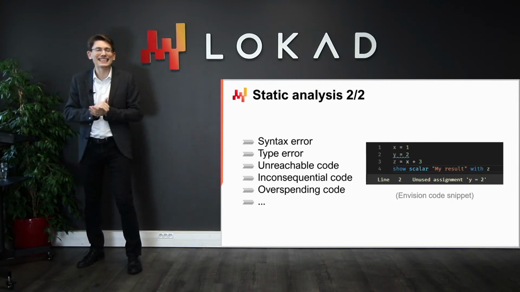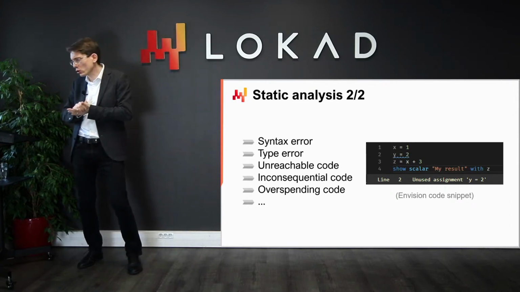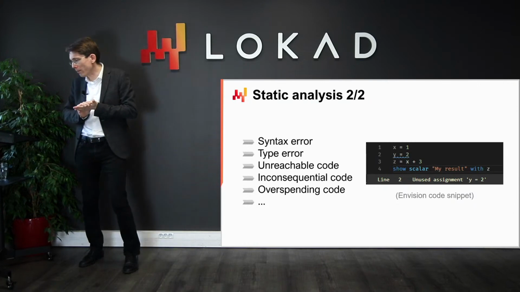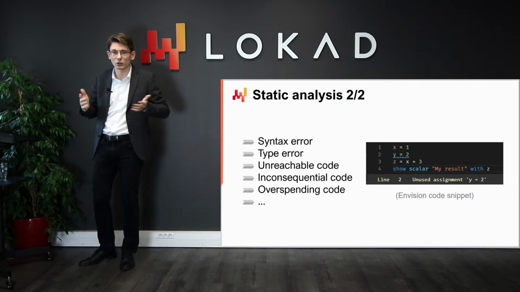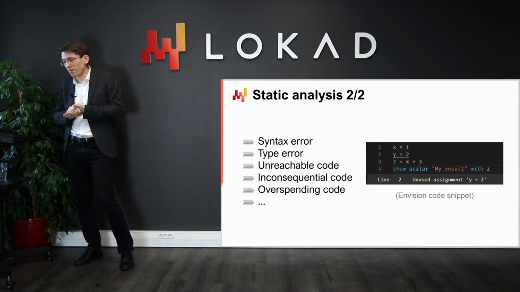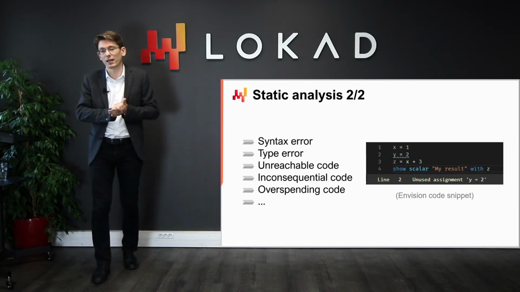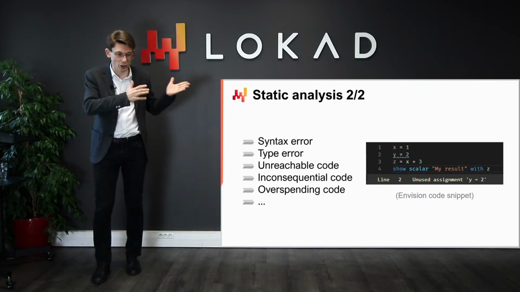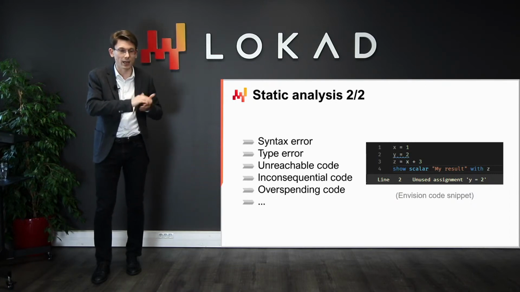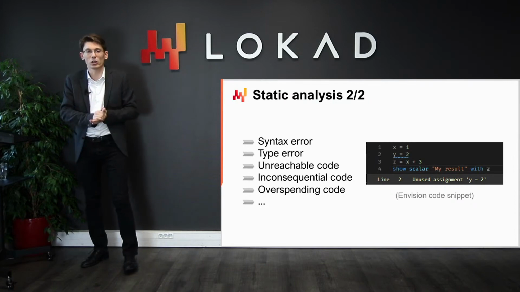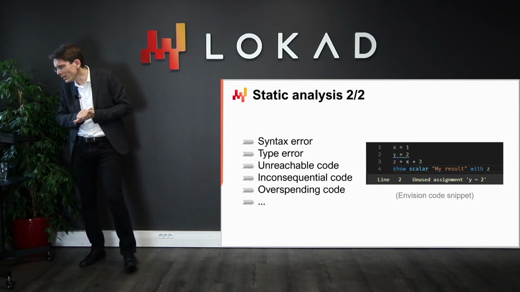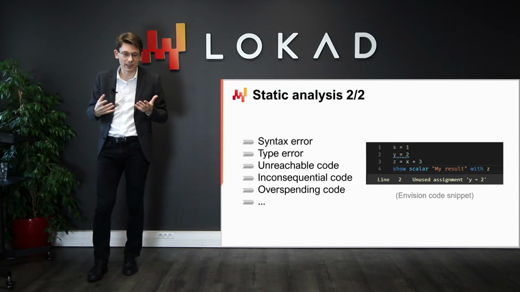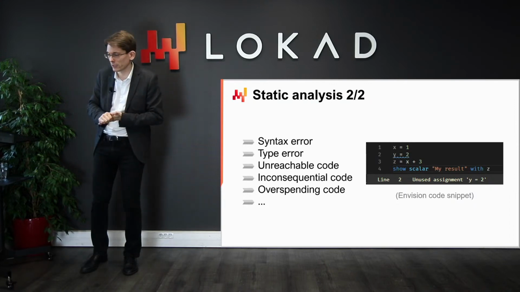Now, a quick list that you can see on the screen are the sort of typical errors that are detected nowadays with static analysis. You will have syntax errors if you've forgotten commas or parentheses, for example. By the way, some programming languages are not even able to outline such syntax errors before the runtime. This is the case, for example, for Bash, the shell language on Linux. Now, you will outline type errors if you have the incorrect type or incorrect number of arguments for a function that you're calling.